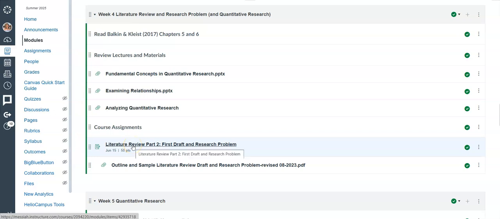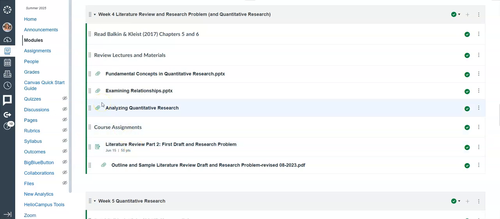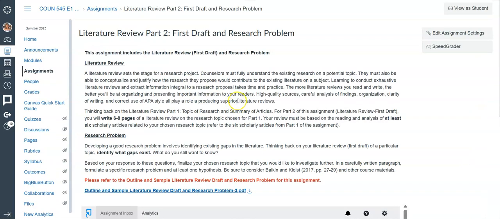And what you do have due, the only thing that is due this week, besides your quiz, is the literature review part 2. So when you click on that, I'm not going to review this in great detail because I already have an instructional video that I posted, but you can see the assignment instructions. The main thing I do want to point out is that you are expanding past part 1, and this is